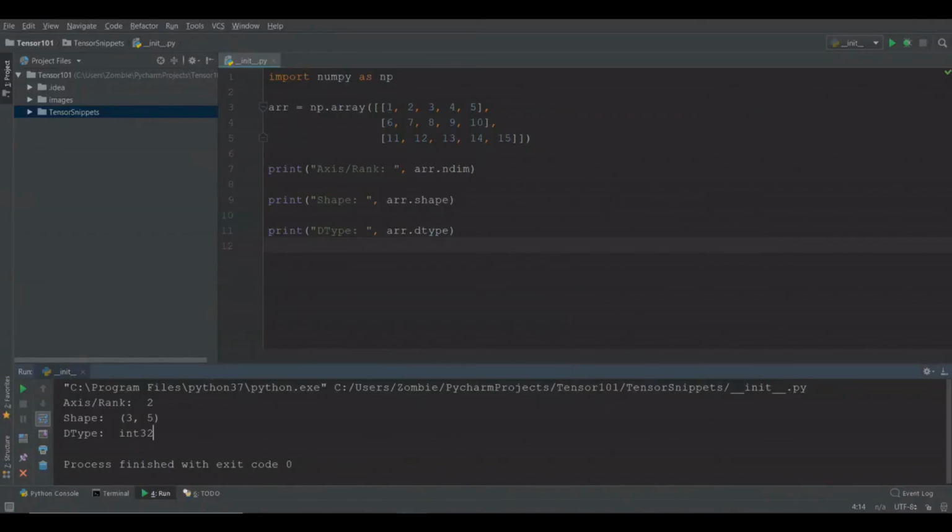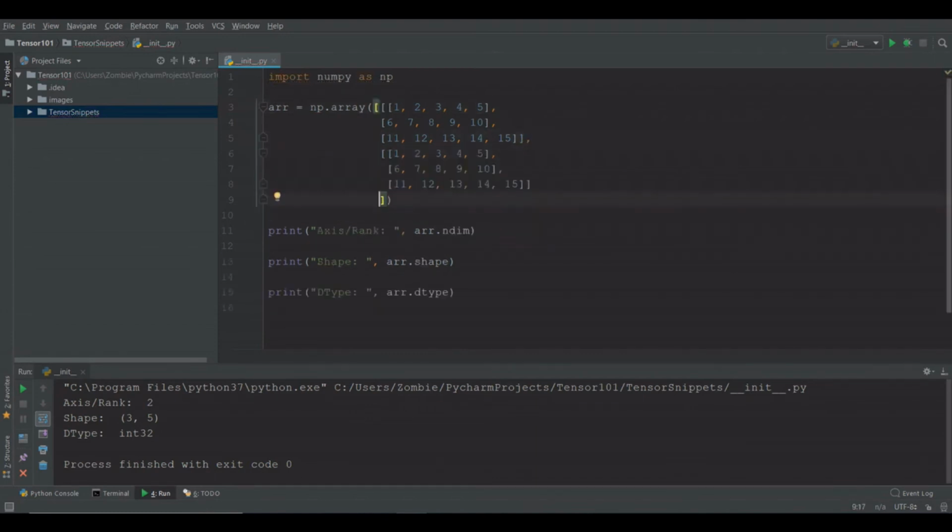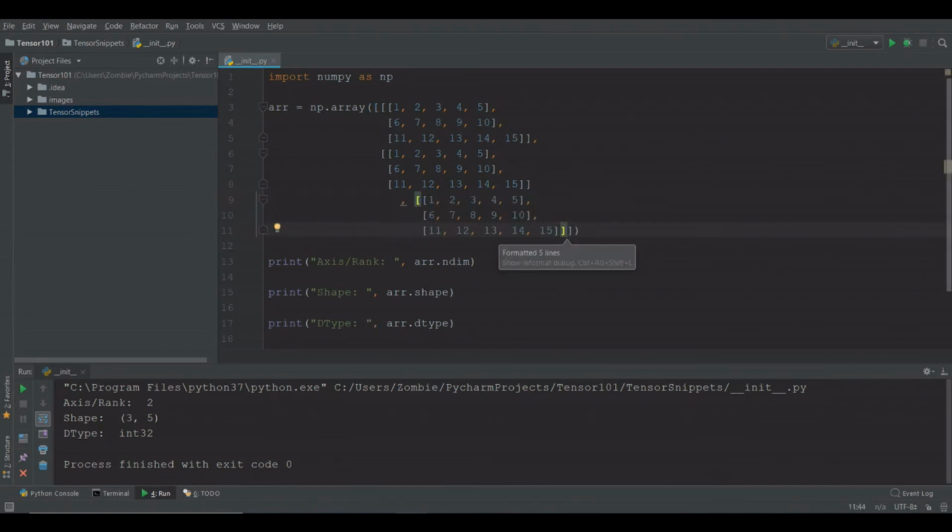Now let's create a tensor of rank 3 by making copies of these matrices and wrap them into another array. And a little formatting, make it easy to read.